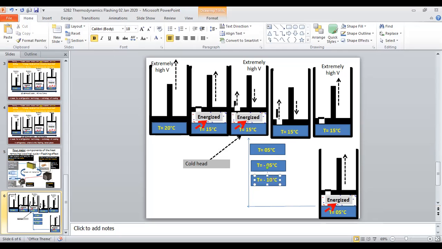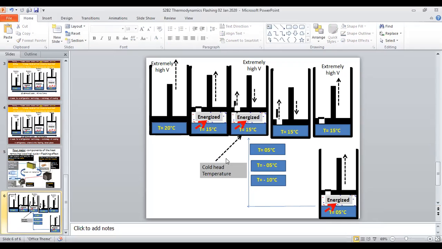Likewise, this cold head temperature can be dropped, even in capillaries, for the continuous cycling till stabilized. So this is a very good